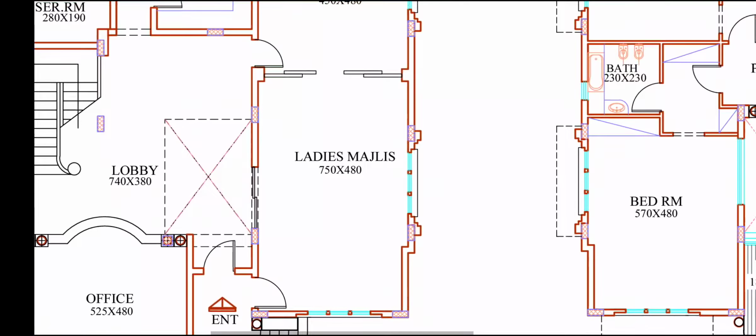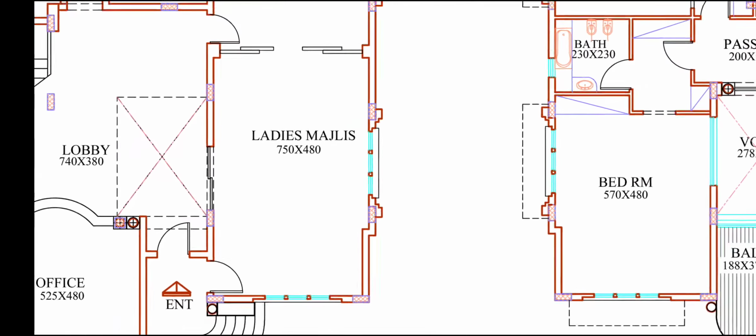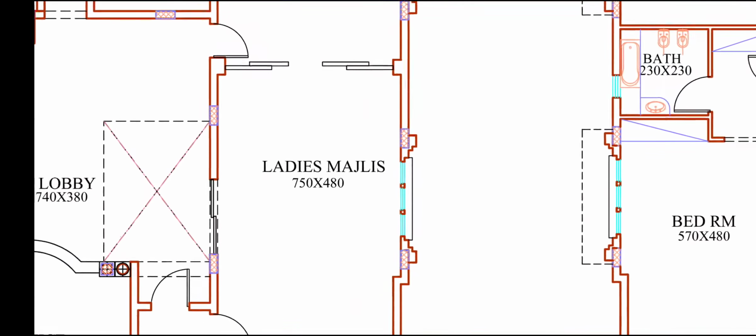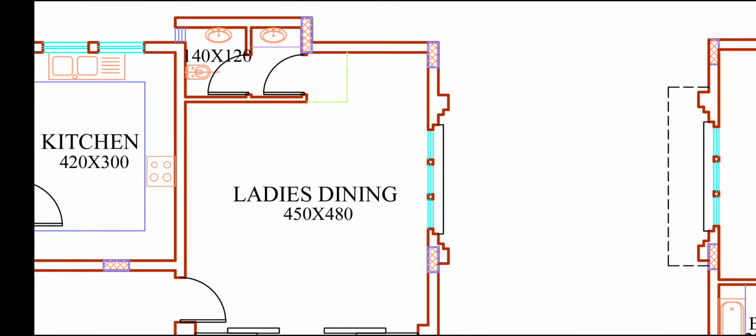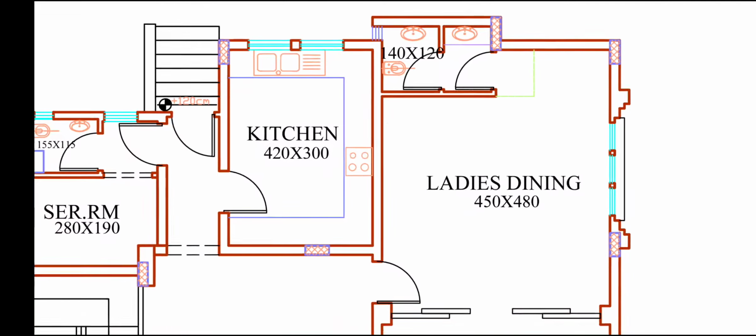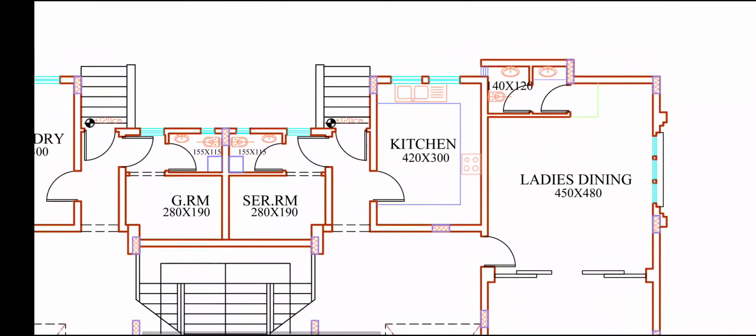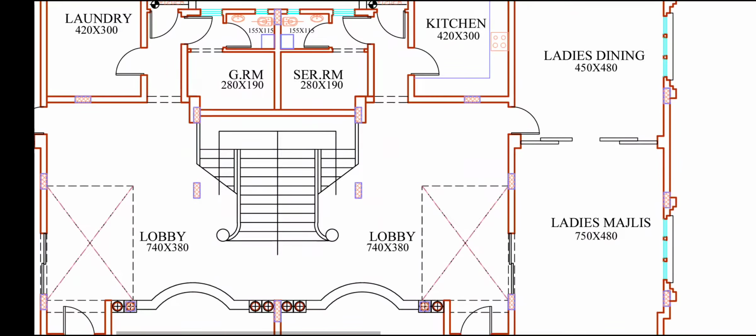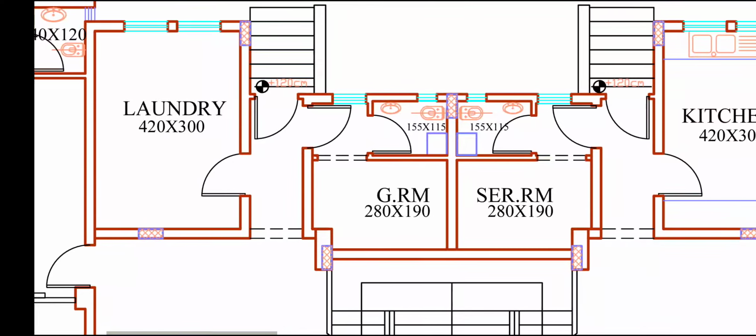This entrance leads to the ladies hall, a big hall 750 by 480. This side window and this side window. Here, this is the ladies dining 450 by 480. This kitchen is 420 by 300 centimeter, and the back side has steps for the back side entrance. This servant room is 280 by 190, and this laundry is 420 by 300, and this